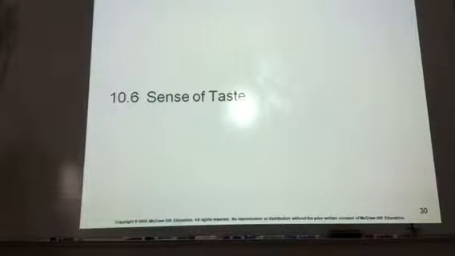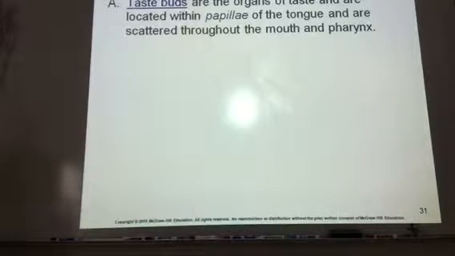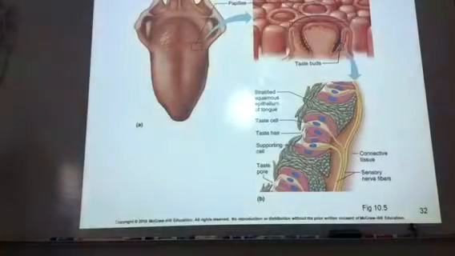Next short section, specialized sense is your sense of taste. And the main organs that are present are your taste buds. Your taste buds are located inside of little papillae on the tongue, and then they're scattered throughout your mouth and pharynx. So taste buds, which I'm sure you've heard that term without taking an anatomy class, are the organs of